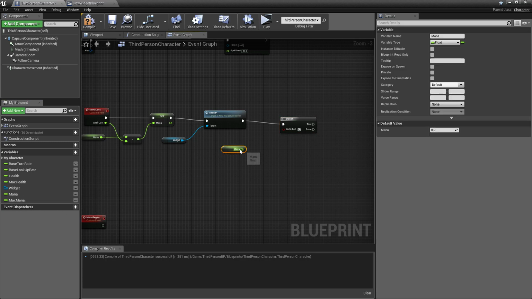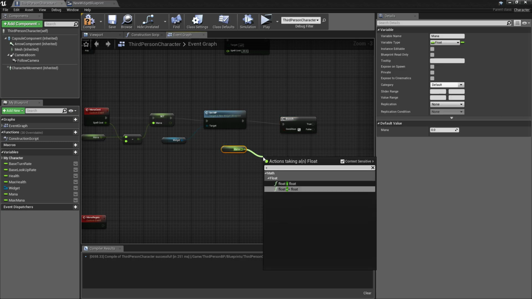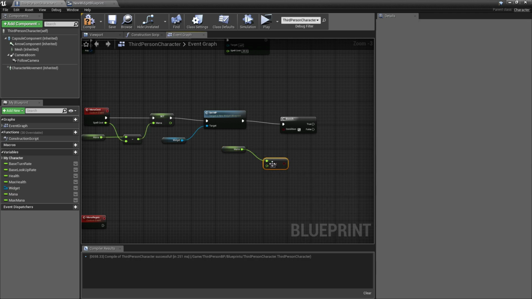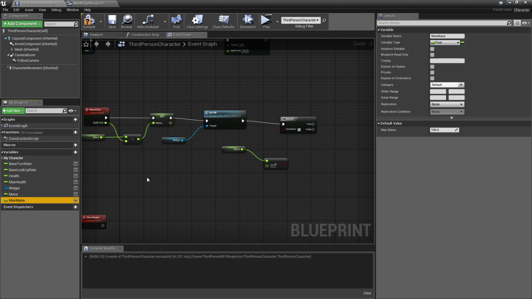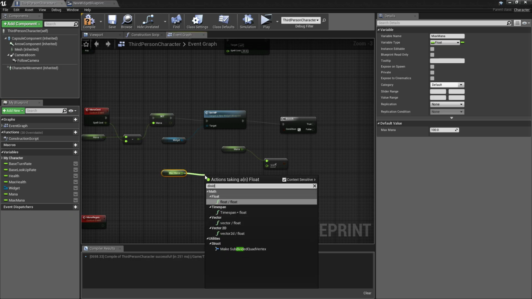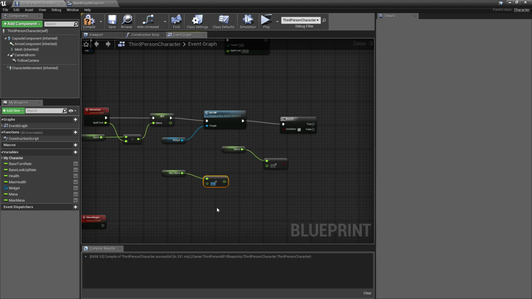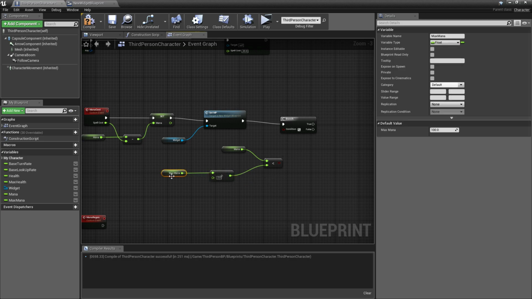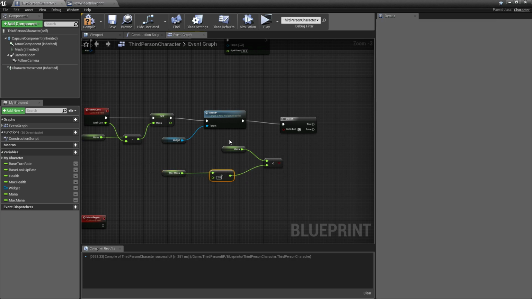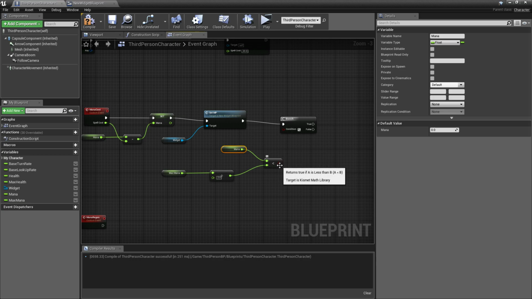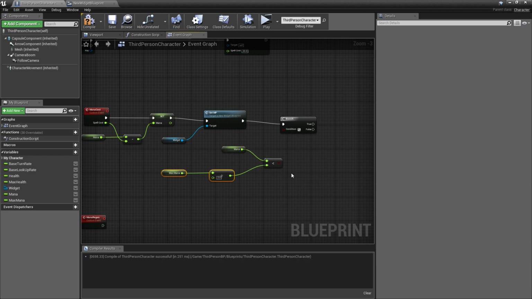So I want to check is less than. Let's do less than 50%. So max mana divided by 2. So if mana is less than half of max mana,